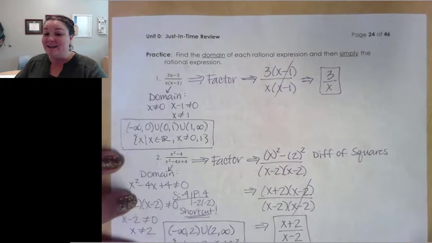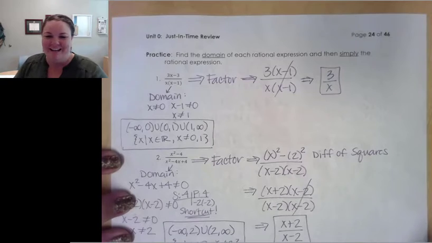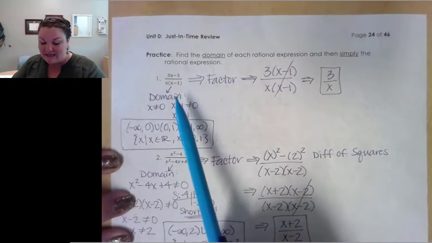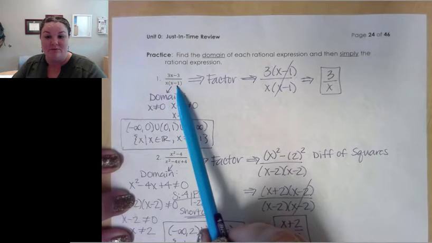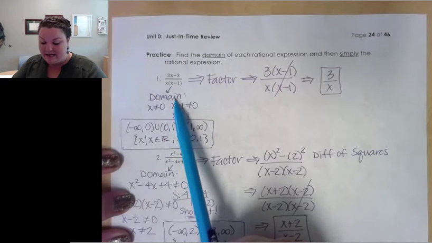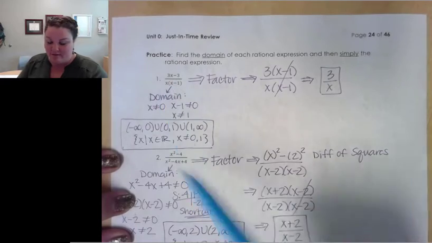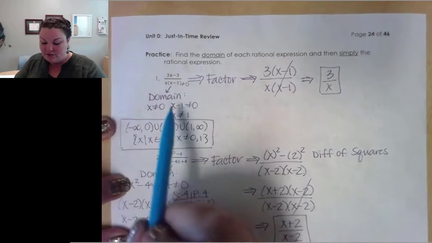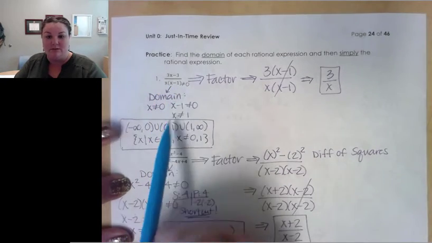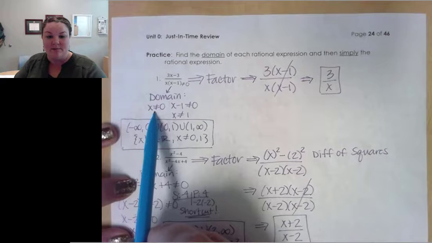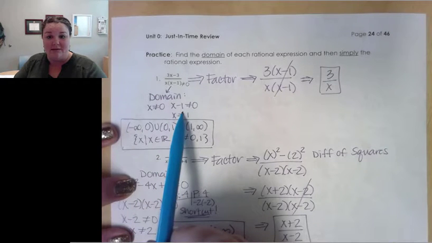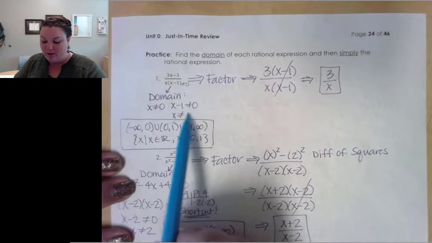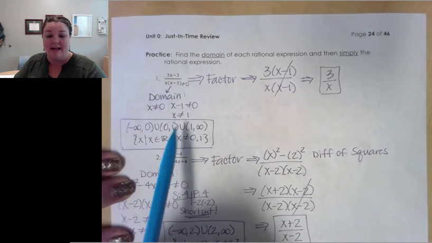All right, are you ready to look at number 1? All right, so number 1 was kind of an easy domain because it's already factored for you, right? So we know that our domain cannot be 0. So if I set this and say this cannot equal 0, then all I have to do is set each factor equal to 0. So that means x can't be 0 and x minus 1 can't be 0. So 0 is one of my excluded values, and when I move my 1 over, x equals 1 is also